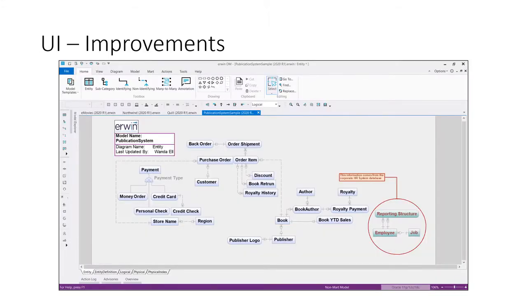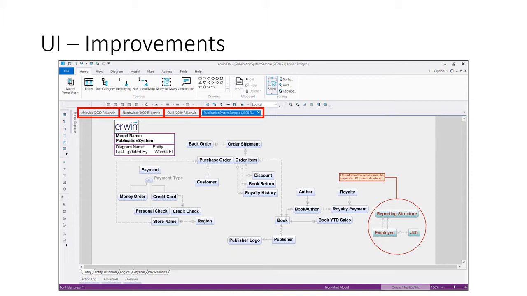There are 2 additional UI improvements that we want to highlight. The first is a set of model window tabs which are located above the modeling workspace. These tabs automatically appear as modelers open existing or create new models. The tabs are a convenient mechanism to quickly move between models with a single mouse click. The tabs facilitate model reordering in the workspace by simply clicking and dragging a model-related tab to a new desired location. Models can also be closed by clicking on the Close symbol, capital X, located on the upper right corner of each tab.